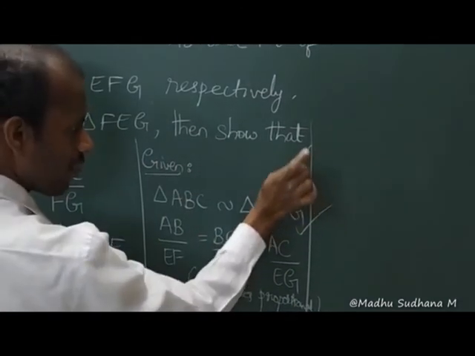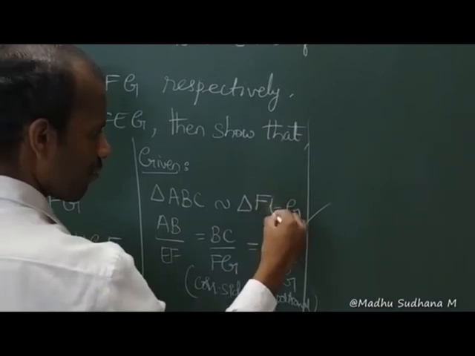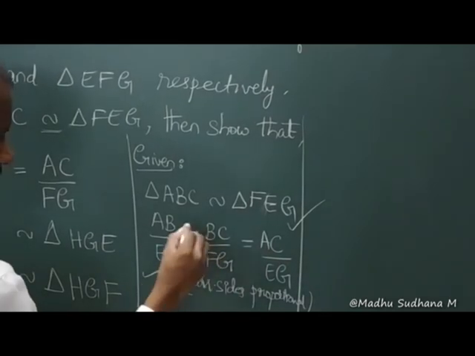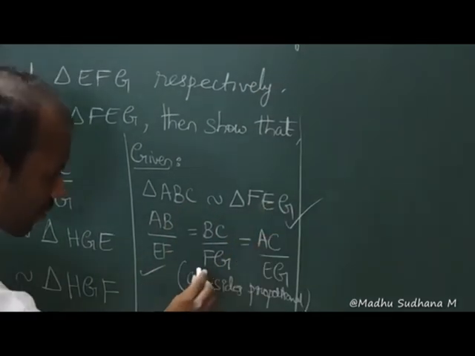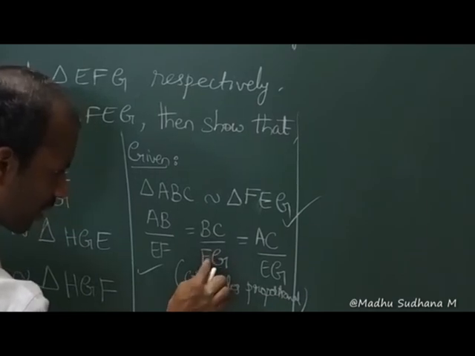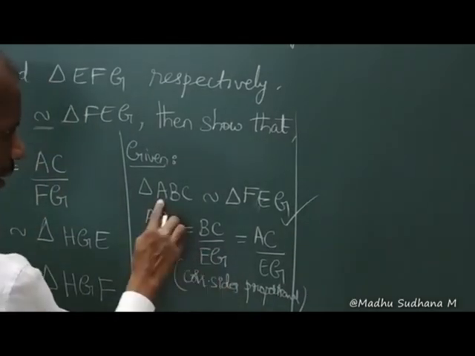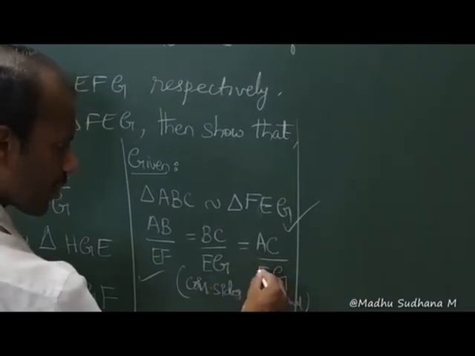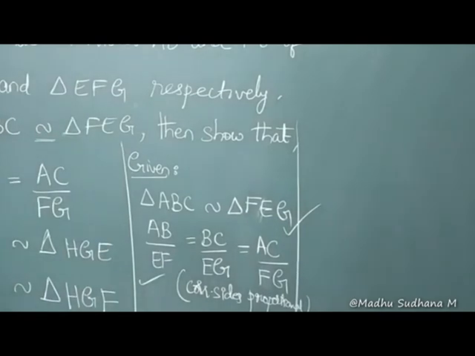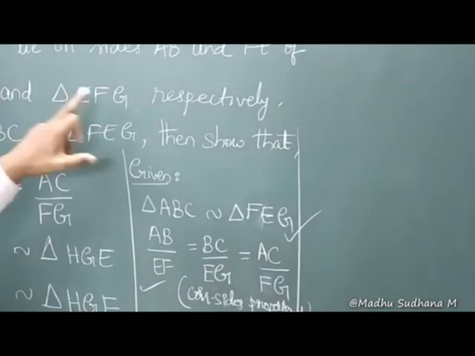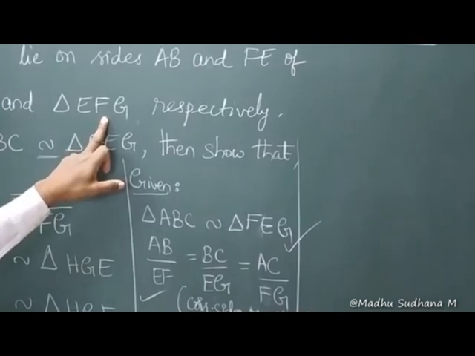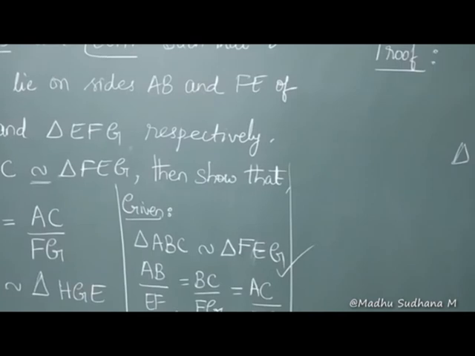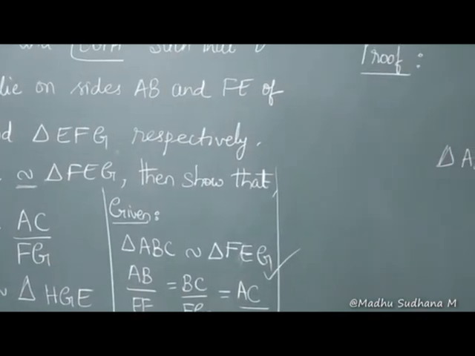So this is FEG, right? So this is FE and G. So AB by FE or EF, both right? BC and EG, so here it is BC by EG, and AC by FG. So hope students have understood. If these two triangles are taken into consideration, please understand, once again, triangle ABC and triangle EFG.